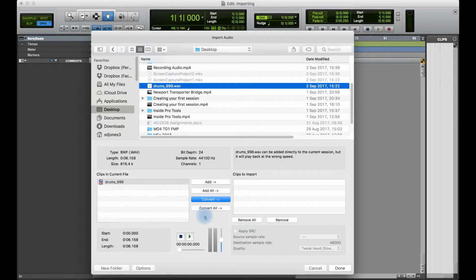We can then preview it, adjust the volume. We can see the start, end, and how long it is. And also we can see that it's saying that I need to convert this. The reason being is the original is 44.1, but my session is set up to 48. So I need to convert the sample rate if I wanted to import that